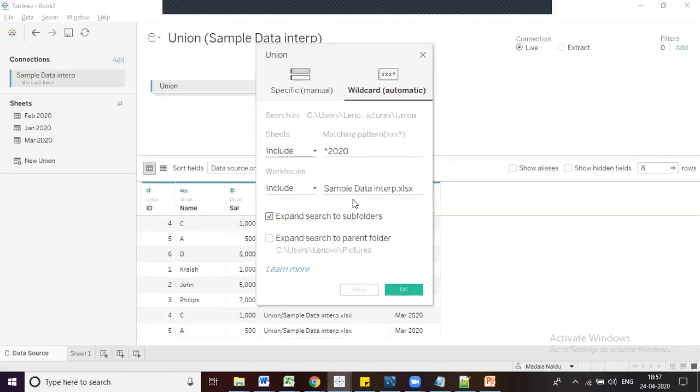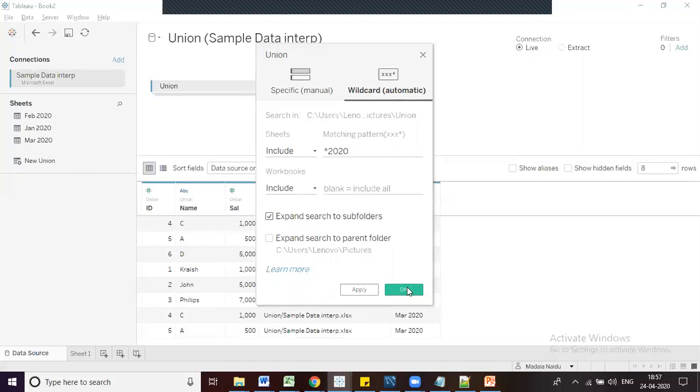Especially you have mentioned the sample data file. Now what you have to do is remove this option that makes it work. I am going to remove it. Now it is blank, equal to include all. This is the default, which means we have removed it. Now I am going to click on OK.